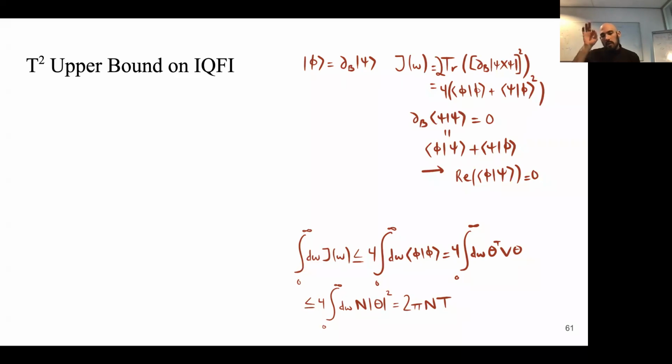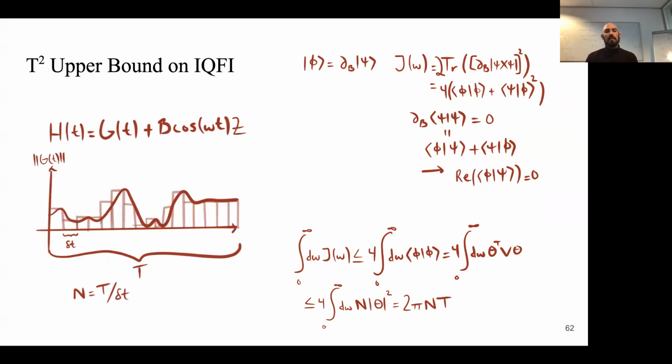So then the integral is going to give you n times theta squared, where theta here is a vector of the thetas I wrote previously. I told you that the integral of the theta terms is linear in time. So you end up with an upper bound on the integrated quantum Fisher information of 2 pi n t, where n is the number of pulses in your sensing protocol. But then we're intuitively done, because if you have a continuous time sensing protocol, like I wrote before, where g of t is the sensing protocol, your unitary control,